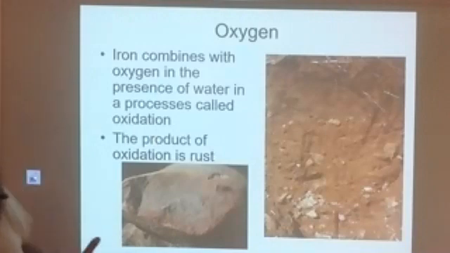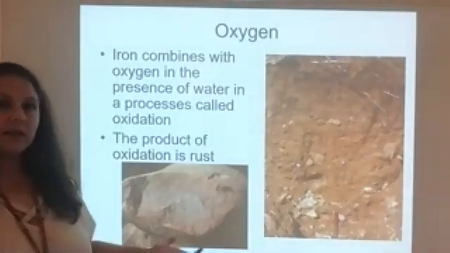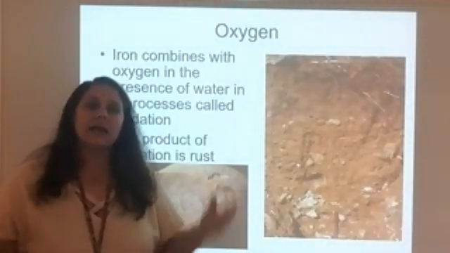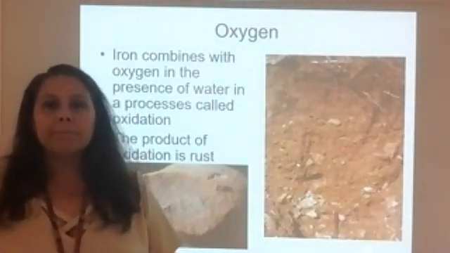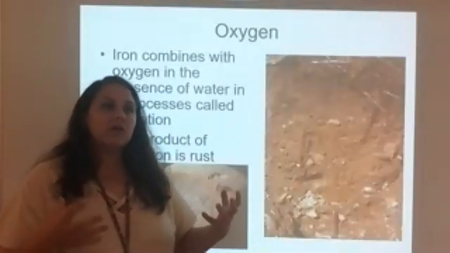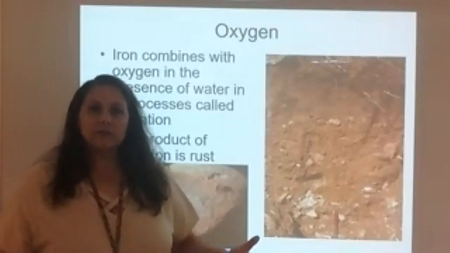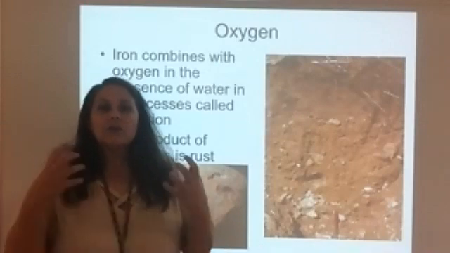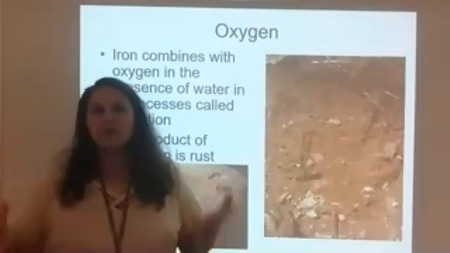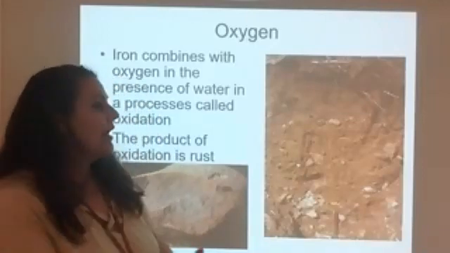For oxidation, you have iron combining with oxygen in the presence of water, and it causes rust. So if you think about leaving your bicycle outside, right? Or leaving any kind of metal outside and it rains, what happens to it? It rusts, right? And if you leave that metal out long enough and it rusts enough, does it break apart? Yes, it does. So you want to always bring your bikes in, or if you have any metal out, you want to always keep it dry because eventually it will rust and it will get super weak.